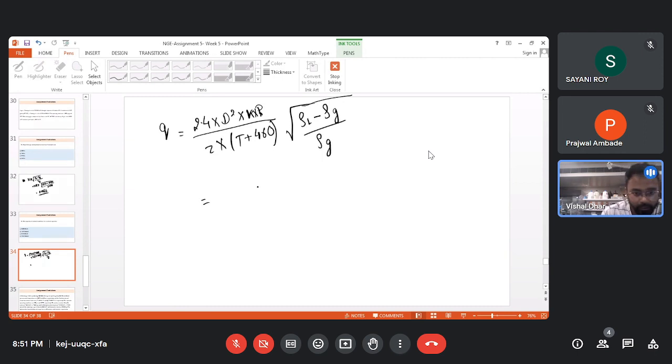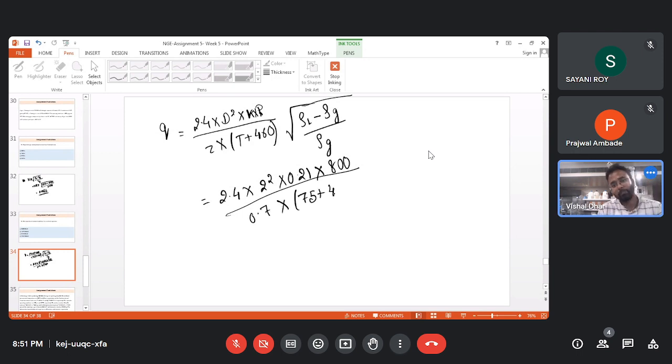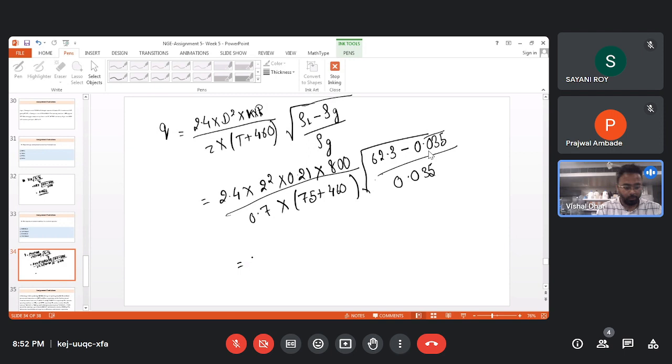So if we solve this, it will be 2.4 into 2 square into k is 0.21 into 800 pressure divided by z is 0.7 into 75 plus 460, into 62.3 minus 0.035 divided by 0.035. So if you solve this,